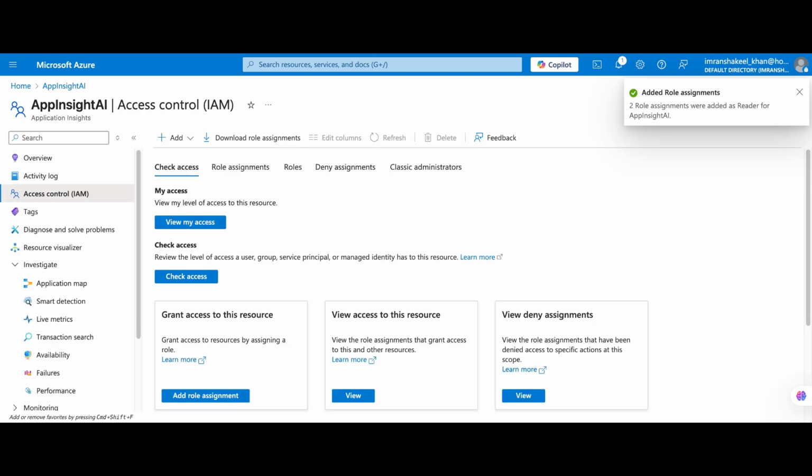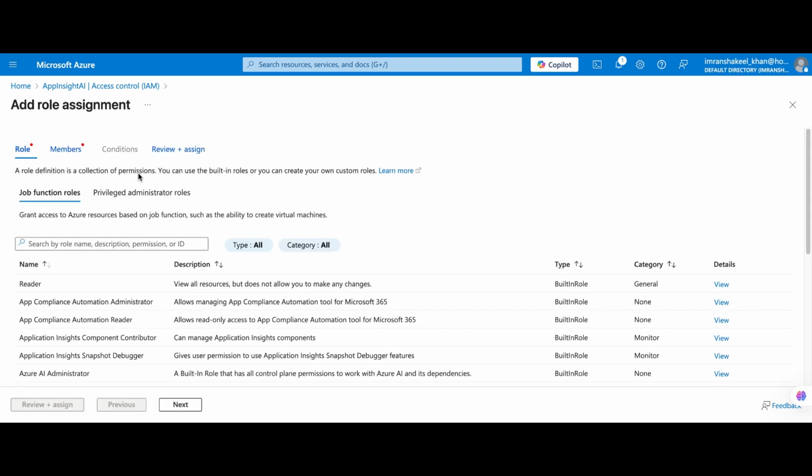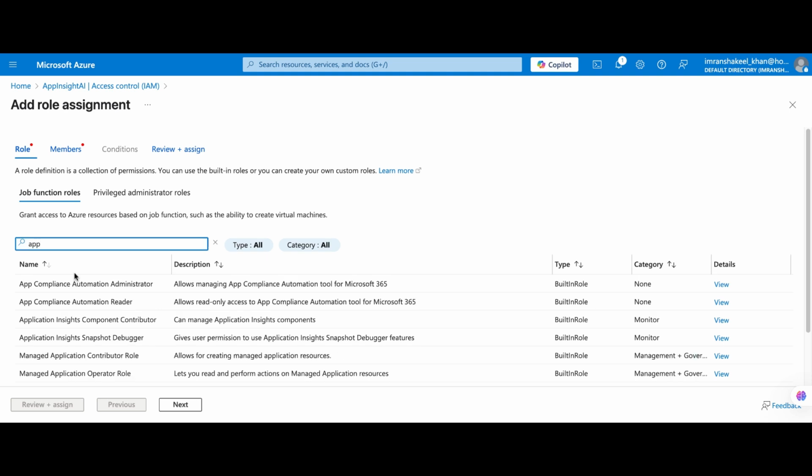So once you have assigned these roles, then you will get the information like that. So there is one another role which we need to assign, let me go to this, and over here the App Insight reader role